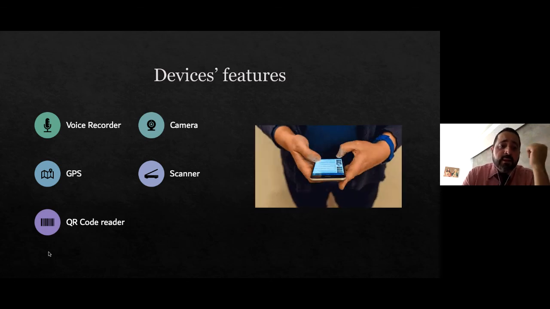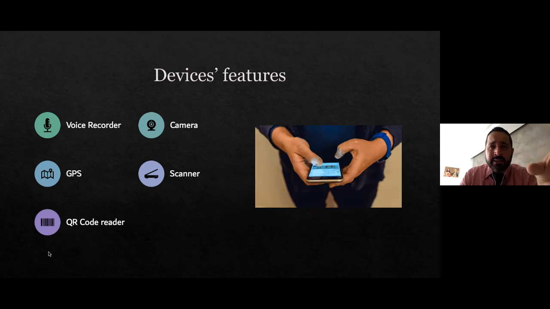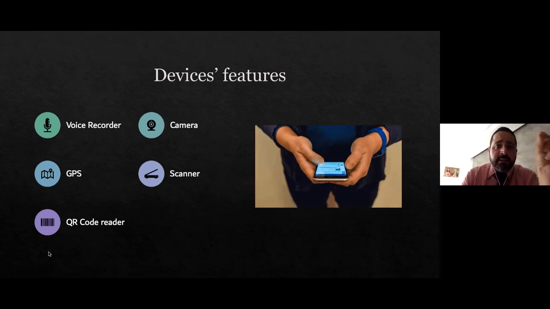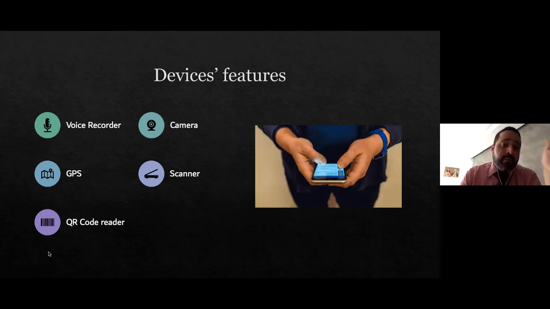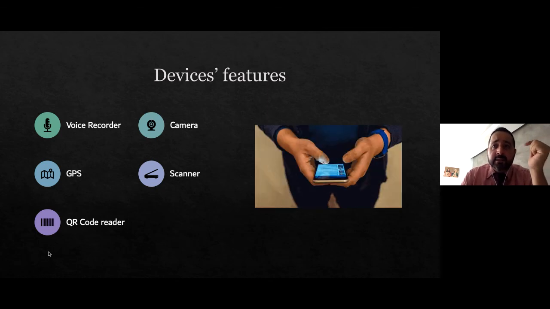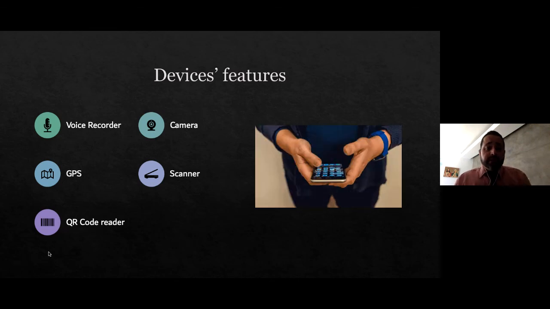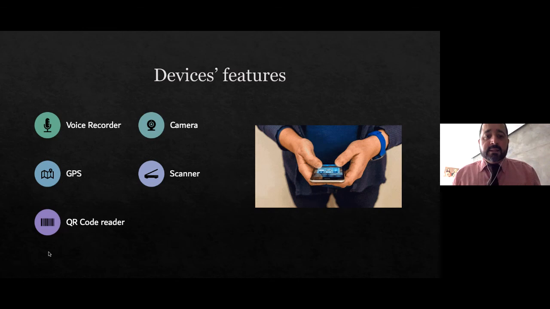GPS also. QR code reader. Nowadays, I think the majority of cell phones have the QR code reader app included in iOS or Android. But if not, they can download the app and it doesn't need internet. Their camera, they can take pictures and videos, a lot of things. Scanners, I think from 2016, 17, all cell phones have scanners included. So take into consideration those devices so they can use them without using internet, right?